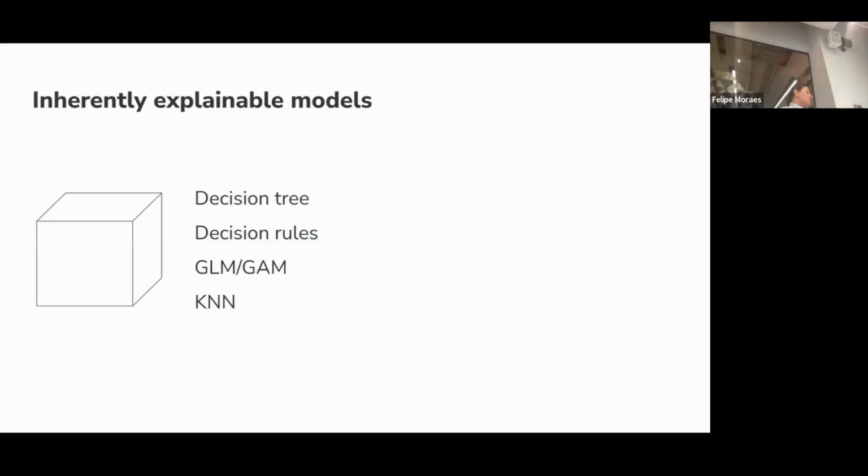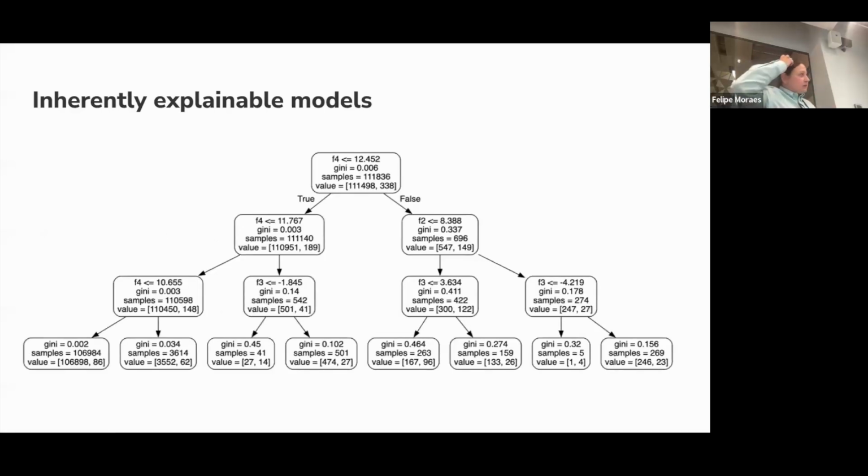And if you think that explainability is important for your task, you of course can start with the explainable models, which are decision trees, decision rules, GLMs, even nearest neighbors, right? Because you can say, okay, these people were similar to you and they did that. The one small caveat here is that a small tree is still explainable, but if you have a tree with a depth of 200, it is not very easy to explain that. So please take that into account.